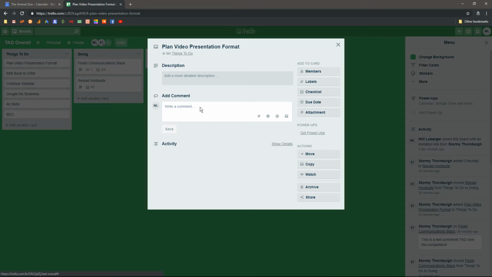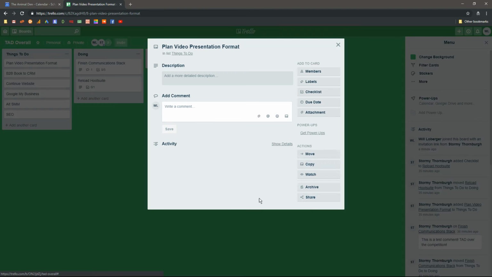Make sure you don't change any of the board descriptions or checklists or anything like that yet, though, because that would be like throwing a stick in front of my roller skates. Okay, so you can add all kinds of different things. You can add members, labels, checklist, due date, attachments. Maybe we have the insurance paper thing that turned into a whole project. We can do attachments through that.